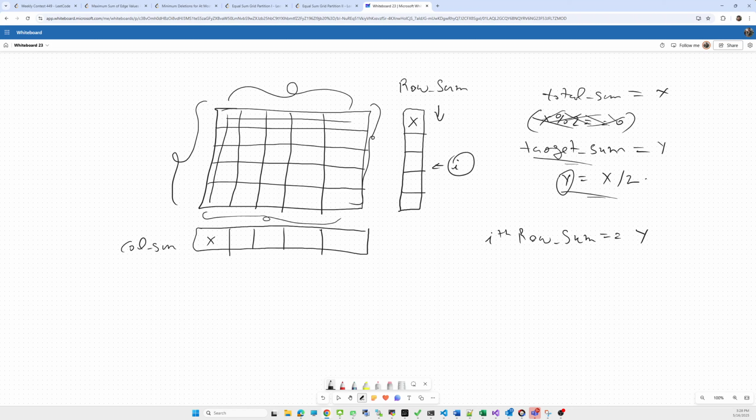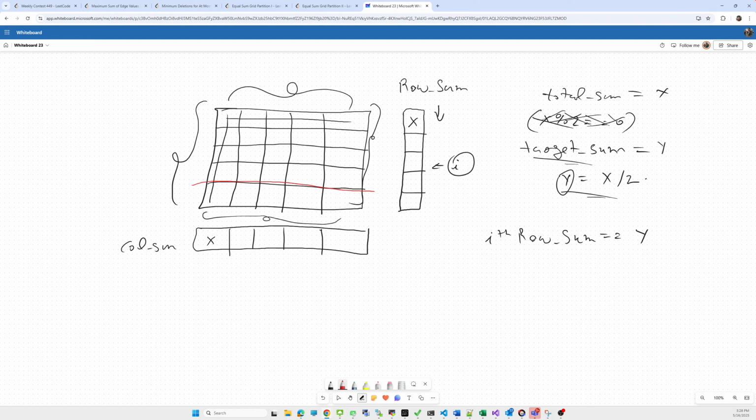And if we are not able to split our grid into halves by this horizontal cut, then we have to check for vertical.